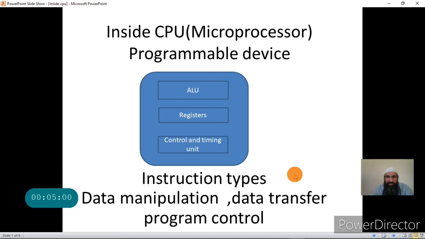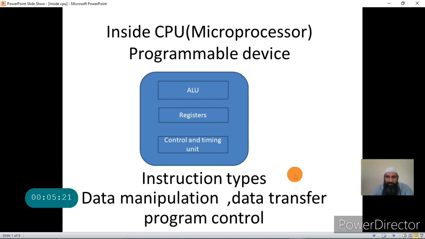This is the main important point which you should remember for onward lectures, that instructions are not of one type. I have given the three broad classes of the instructions that are available for the CPU, which it can execute.